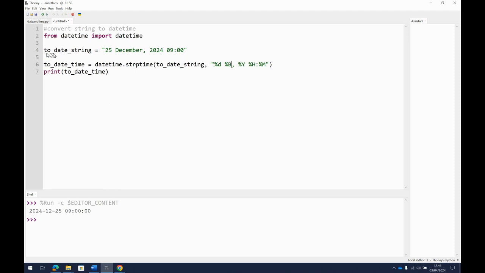I've created a string here called the today date string, and I've just put Christmas Day 2024. So I've got 25 December, 2024, 9 o'clock. It doesn't really matter. It's just a date, but it's not an actual date. It's just a string that could contain any characters. It's just a string. So I've created another variable here called toDateTime, and I've done similar to what we did